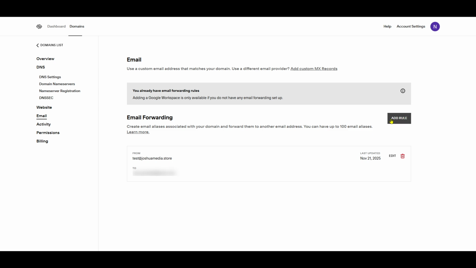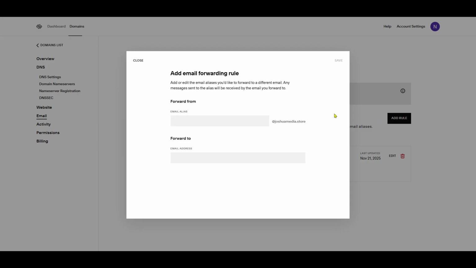Here, you'll need to enter an email alias. An alias is essentially the specific portion of the email address preceding the @ symbol. It acts as a placeholder and can be anything you decide, like info or support. Once you've chosen your alias, enter the email address you want to forward to in the provided field. This address will be the final destination for any traffic or email routed through your domain's alias.